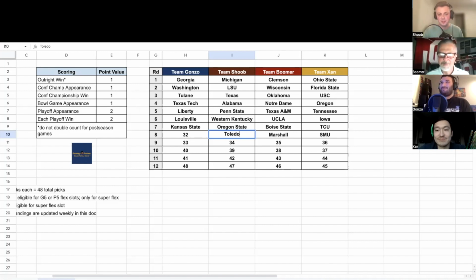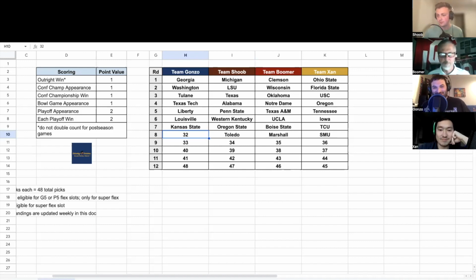I think Toledo definitely has the better roster talent. I like the quarterback, Quan Finn. I'm not a big fan of Toledo's coaching staff, to be honest. I don't think they get the best out of that team, but they can still win me 8 or 9 games and probably have a good chance to win the MAC again. But I did not see myself going into the MAC this early. I usually like to stay away from the MAC until the very last minute, but not this year.